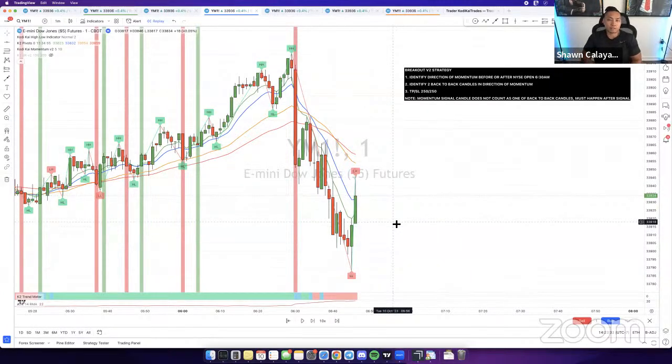A lot of the strategies that I try to introduce to you guys, or if I make some adjustments, it's to make a strategy more objective and not subjective. Because if it's subjective, you have to have some skill in identifying candle patterns and specific things that can be different for the experienced trader and the not so experienced. So that's why I created this V2, to make things a lot easier. There's no guessing here. You just look at 2 following candles in the direction of momentum, and then you ride the wave in that direction, of course.